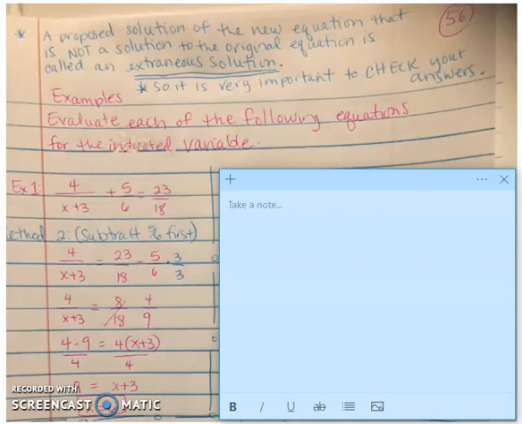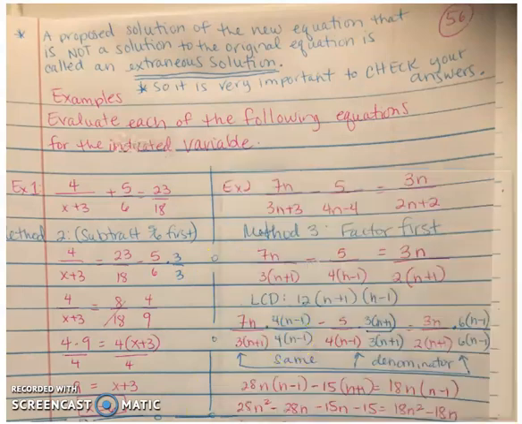And so the second note is that you have to make sure that you check your answers in the case that you do end up with extraneous solutions, because you have to throw those away and cross them out if they end up not working. Okay? So the first example that we're going to have